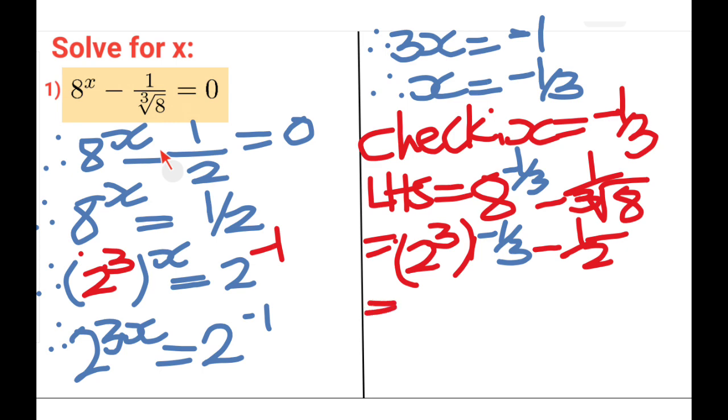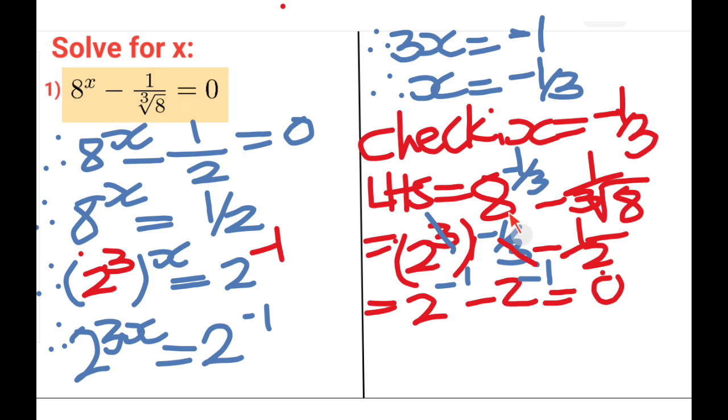Now the 3's cancel out, and you're left with 2 to the power of negative 1 minus 1 over 2, which can also be expressed as 2 to the power of negative 1, as you've seen in the last scenario. Now, a goat minus a goat, which is 2 to the power of negative 1 minus 2 to the power of negative 1, is equal to 0,